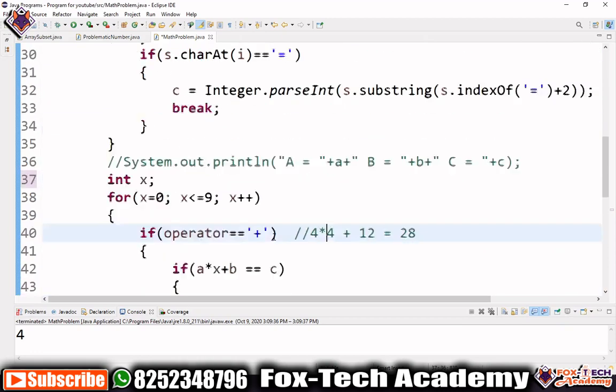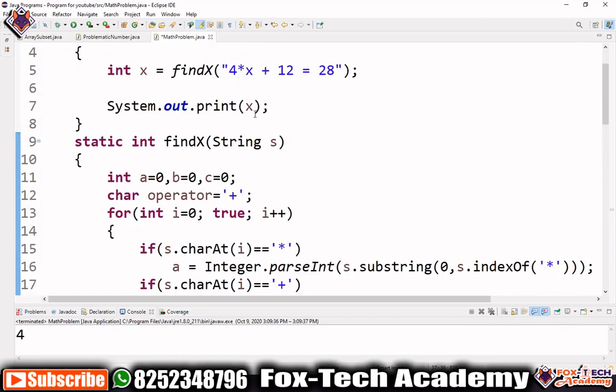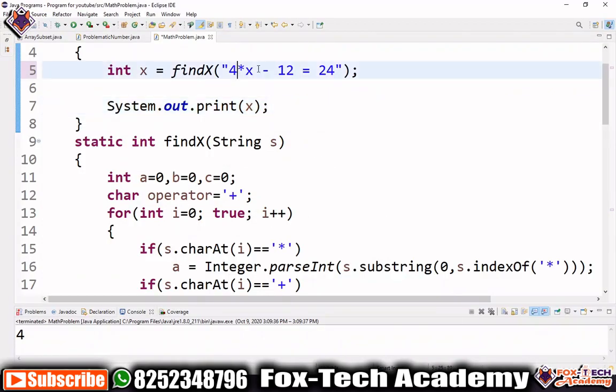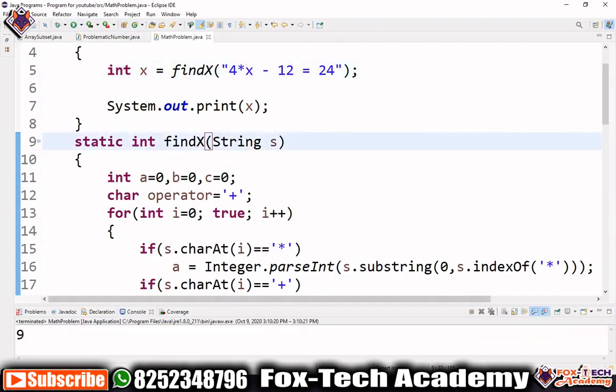So let's change the value of the expression. In this expression, they have mentioned the minus operator, and with the minus operator they have mentioned 24. You can see 4 into x minus 12 equals 24. Let's run this one and check.